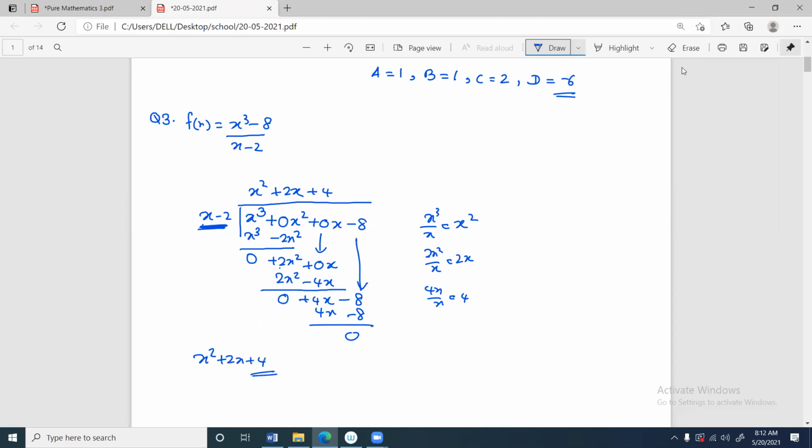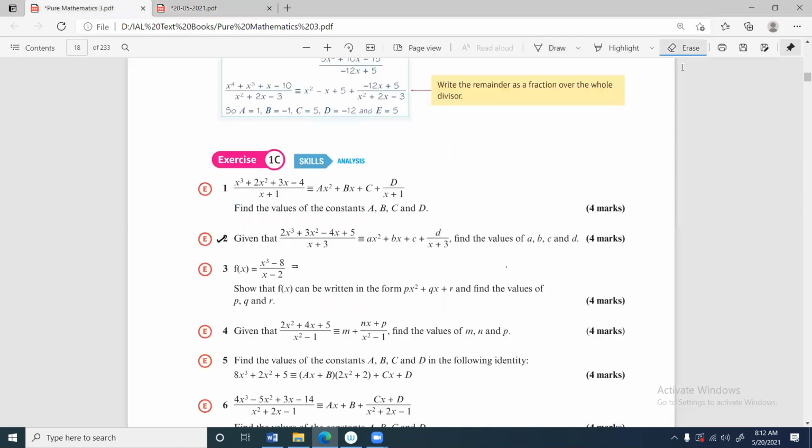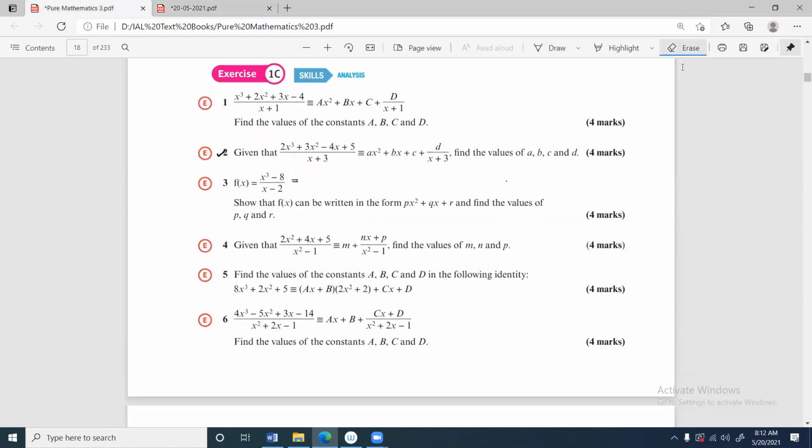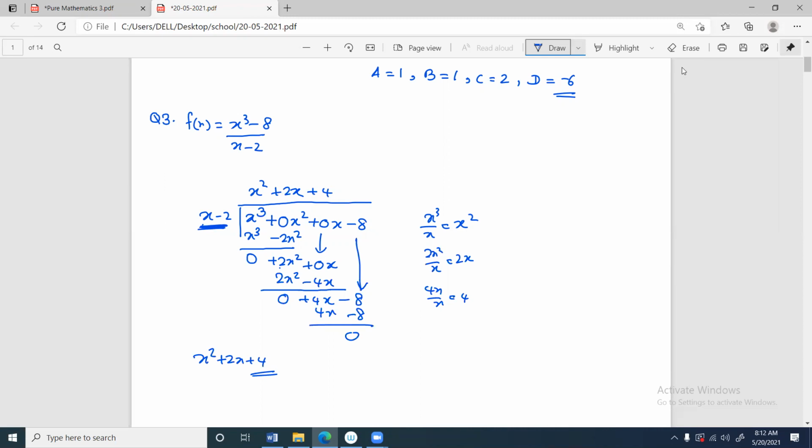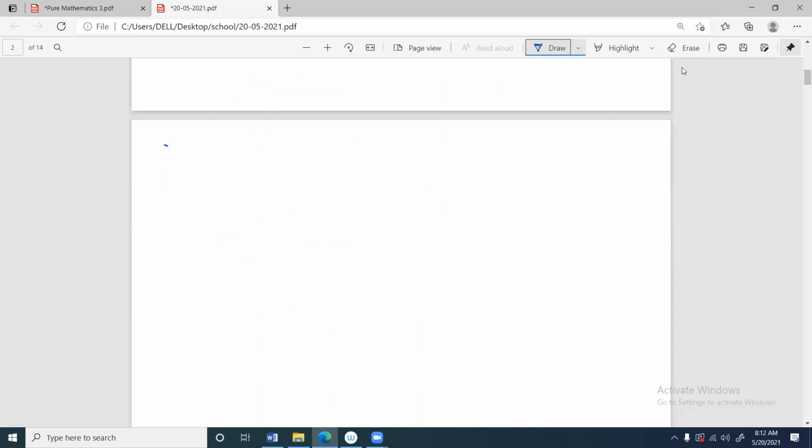Then let's move up to question number 4. Question number 4 says, 2x squared plus 4x plus 5 divided by x squared minus 1